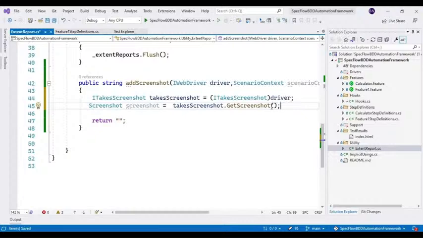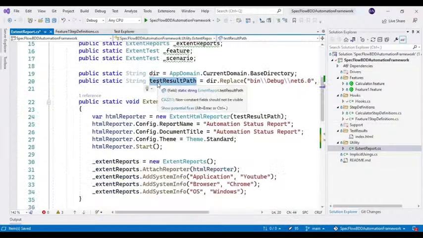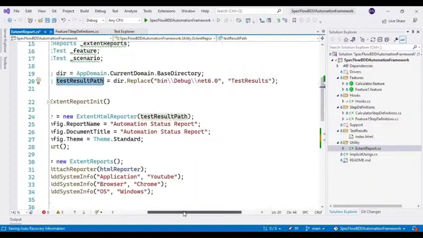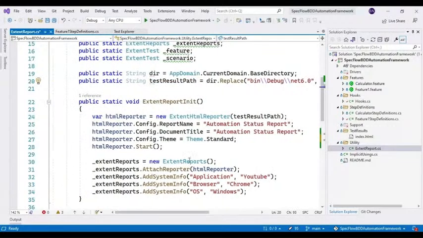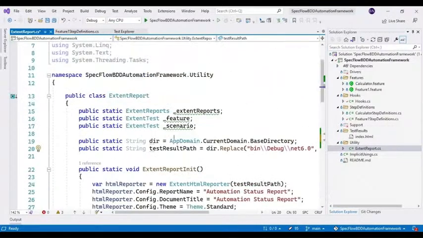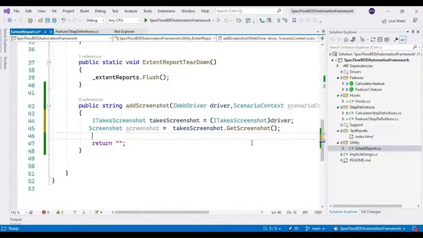So already, if I go above, this particular variable, testResultPath, contains the location of the test results, right? This is where we are generating the extent report. In the same place we will add the screenshot. So I will use this variable, and before we save the screenshot, we will